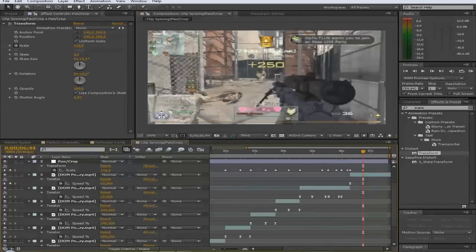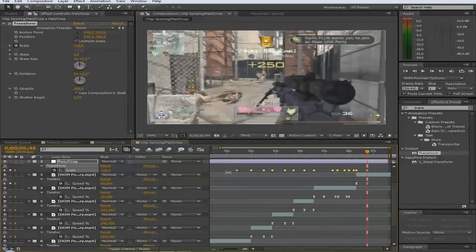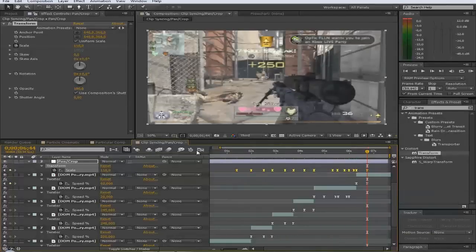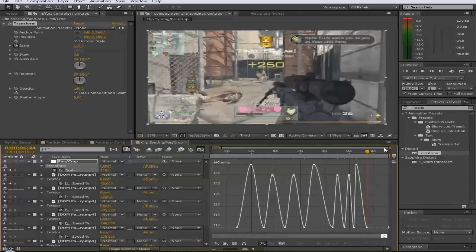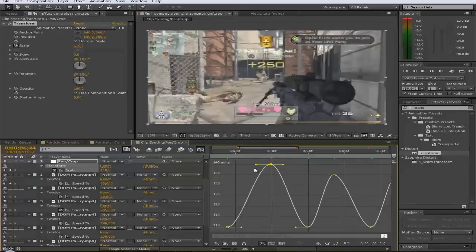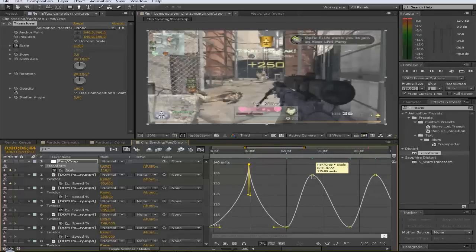Now, what we're going to do is select all of these keyframes, right-click, go to Keyframe Assistant and Easy Ease. And then we're going to go to our graph editor, and we're going to mess around with the speed. There's going to be a smooth line here, then it's going to end in a pointy line or whatever, and that we're basically gonna duplicate for each curve, since I find that it looks really good for almost any song, in my opinion,